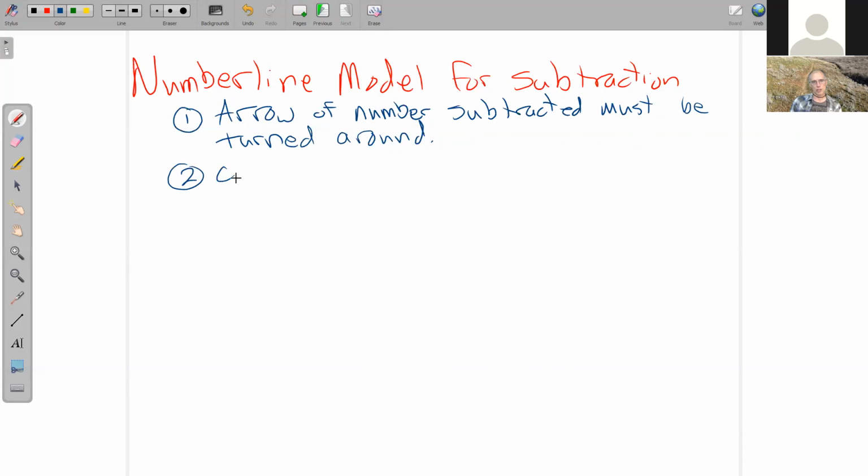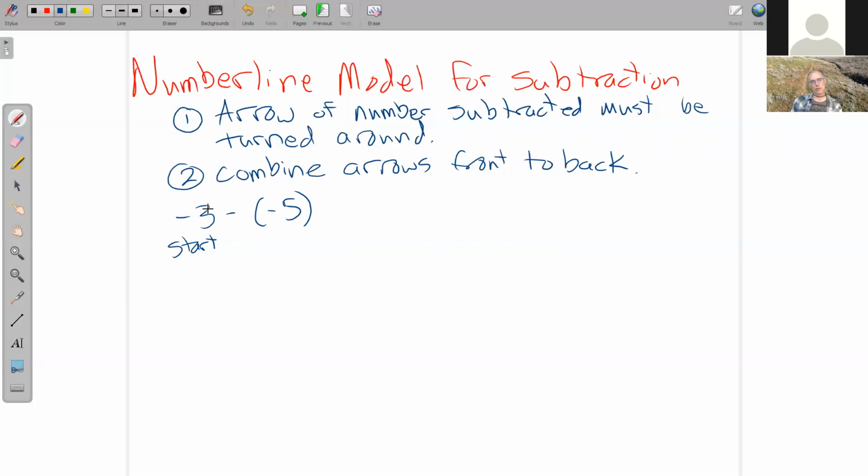We combine the arrows end to end, or front to back. So if I wanted to demonstrate -3 minus -5, we would start